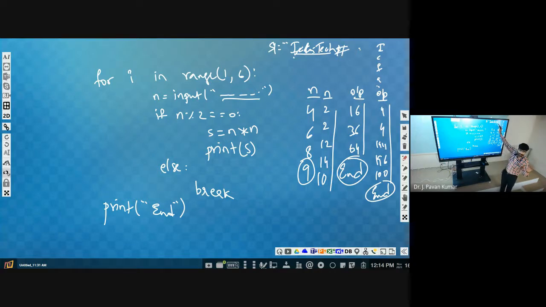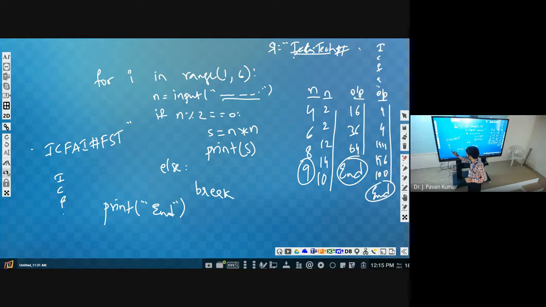But whenever you get a character, let us say, that hash character, then you need to stop. Okay, the string can be anything, like the string can be phi hash fst. This is the string. Then what does it have to display? Okay, can you write this one? Input should be this kind of string. Output should be like this. Can you write it?